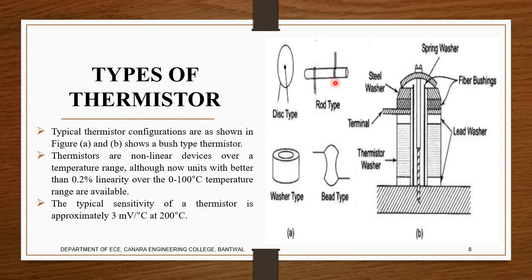High resistance units find application in measurements that employ long lead wires or cables. So they also can be used as high resistance units. You can find the long lead wires there with the combination, either in parallel or in series. These are the different types of thermistor. Usually we are discussing only the 4 different types here.